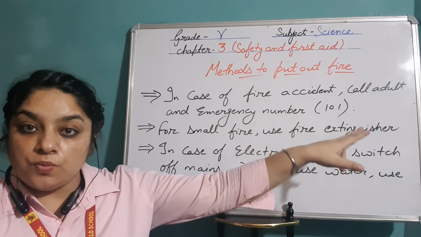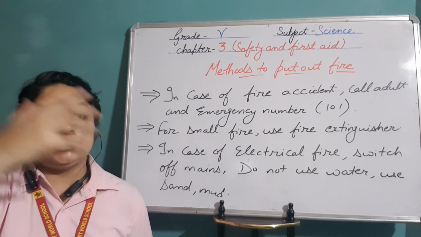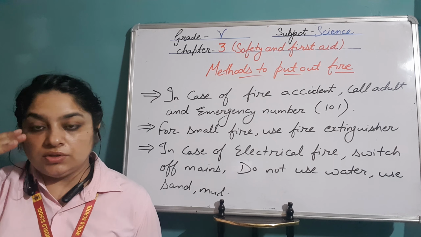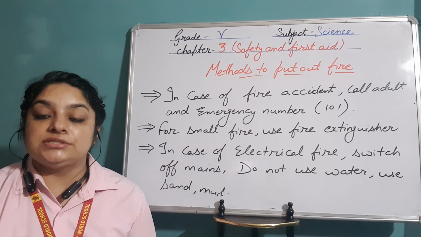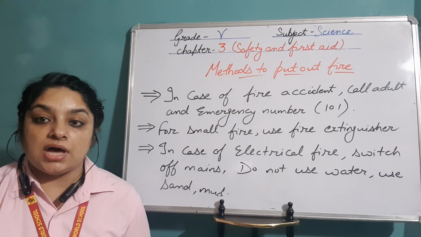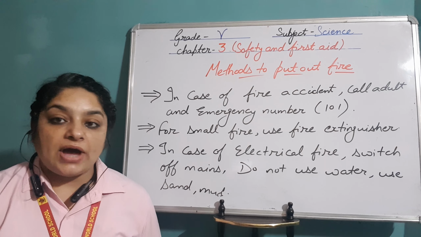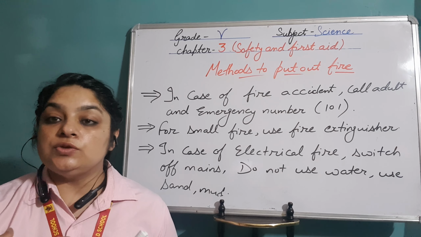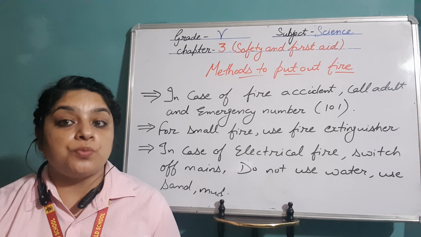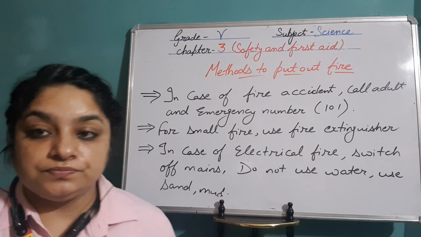Next, for a small fire we can use, you must have seen a red colored cylinder in the corridors, in hospitals, in schools, in most public places. That is known as a fire extinguisher, which is used to put out a small fire. And even to put out a small fire, you can throw sand or mud on it. Even water can be used, but